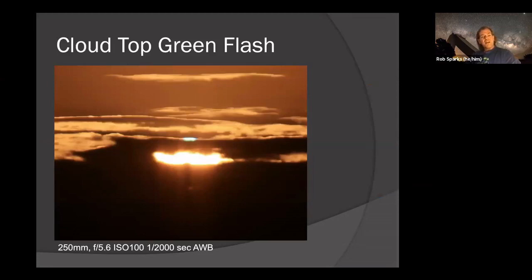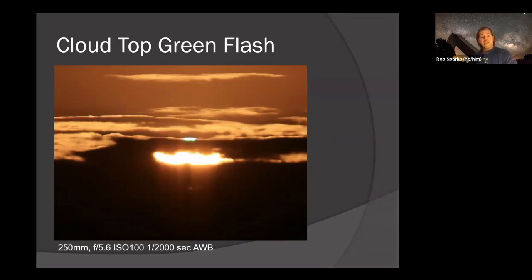Now, there's one thing I didn't even know you could do. I was out one night and there were actually clouds near the horizon. I almost didn't go. I was like, oh, I'm not even going to try tonight because it's cloudy. But I said, oh, what the heck, I'm out here, I'll stay and do some photographs. And all of a sudden, when I photographed it, I was quite surprised to find there was a green flash at the top of the cloud. I had no idea this could happen. But of course, I instantly went home and typed in cloud-top green flash in Google, and sure enough, this is a phenomenon that can happen. So if you actually type cloud-top green flash, you can find them as well.